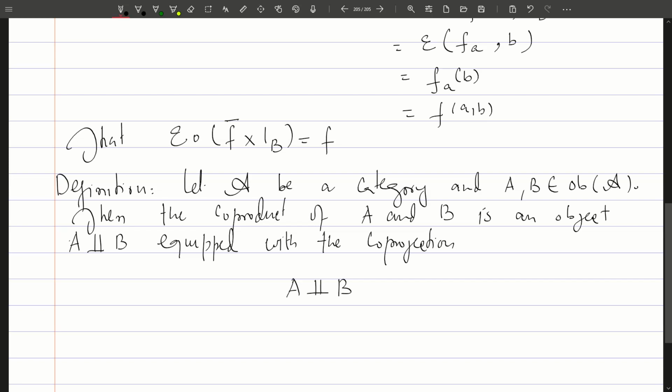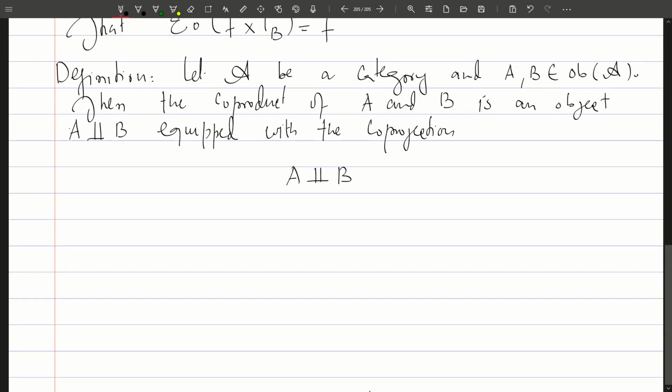So we have to reverse the arrows. So we have an arrow from the object A to A cup B, and an arrow from object B to A cup B. And let us call this P, let us call this Q, such that